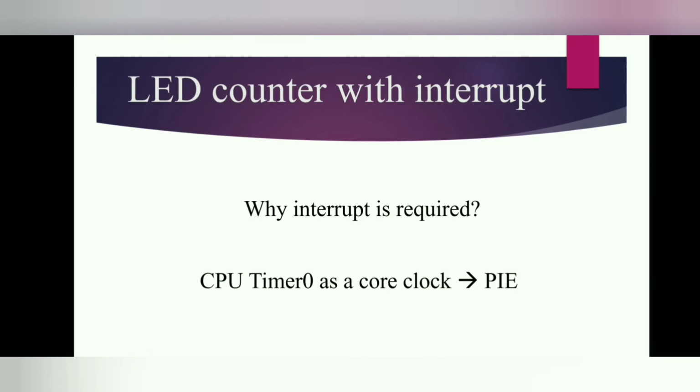We have seen that the DSP processor has three core timers: timer 0, timer 1 and timer 2. Here we will use timer 0. The reason is that timer 0 uses the peripheral interrupt expansion unit, and this gives an opportunity to exercise this unit as well. Timers 1 and 2 are not connected to the PIE unit, they bypass it, and they are usually reserved by Texas Instruments for real-time applications. So this exercise we will do with the help of timer 0, and we will implement the code.